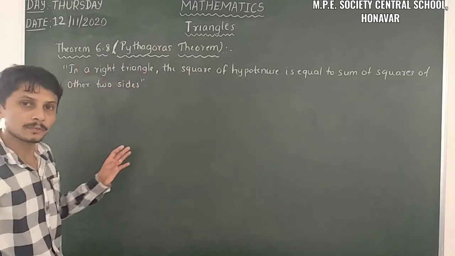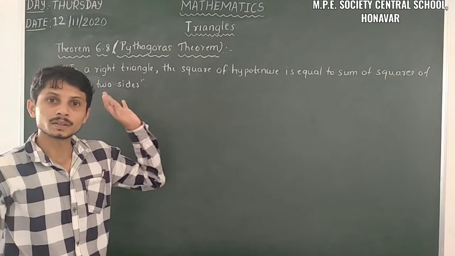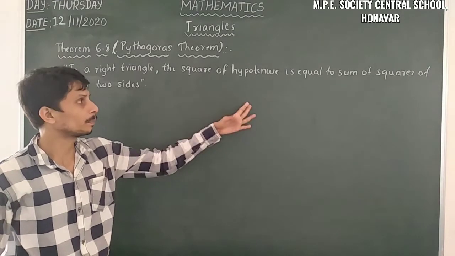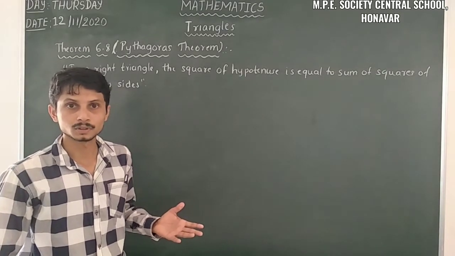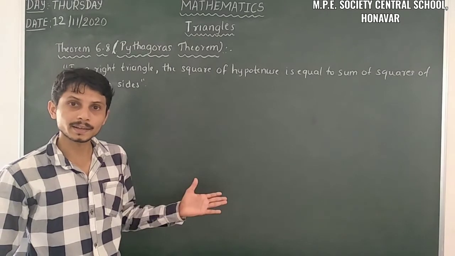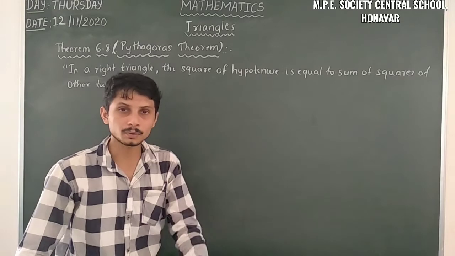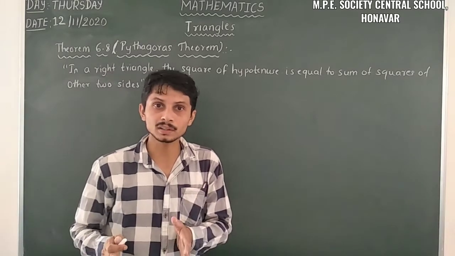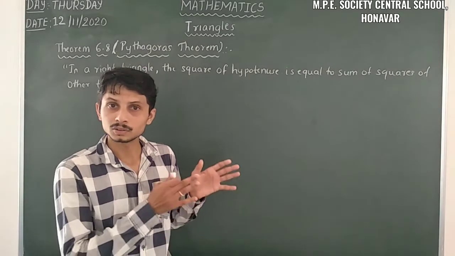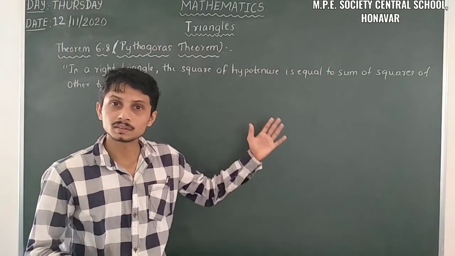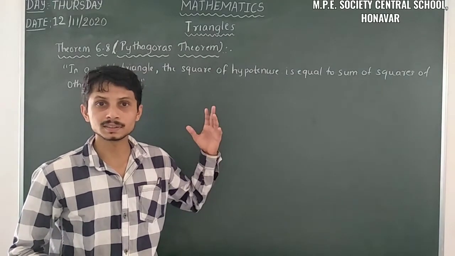That means here we want a right angle triangle. So after that we have to take a square of a hypotenuse which is equal to the sum of squares of the other two sides. So let us consider a right angle triangle, and after that we have to prove this theorem. So let's take one right angle triangle. I already told you that. So here we have help from theorem 6.7. So that's why we have to write the triangle as I drew in the previous theorem.